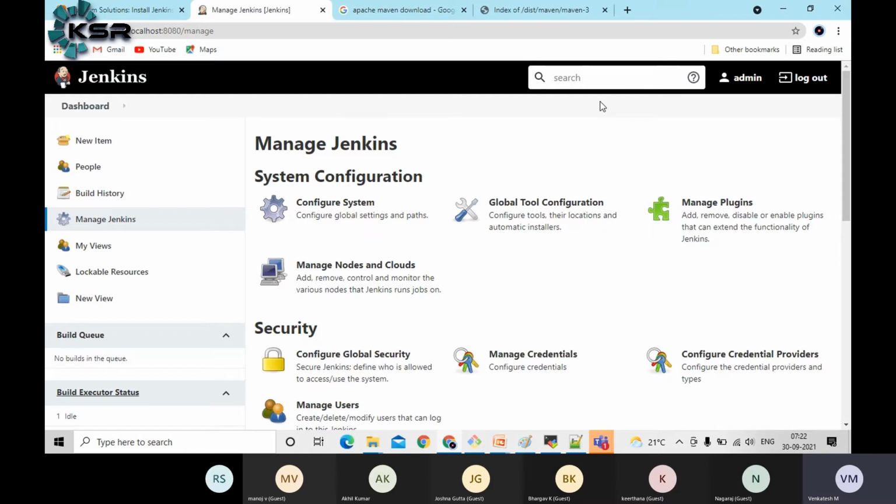That means whatever code is written, everything you are seeing is coming from Java code only. So if you want to run Jenkins in any VM, you should have a Java version. That's why, before installing Jenkins, as a first step you should install Java, and as a second step you should install Jenkins.